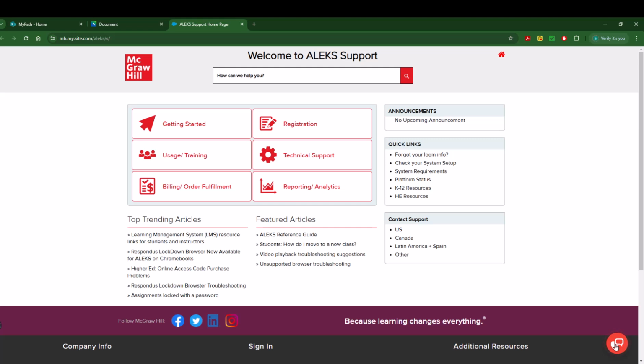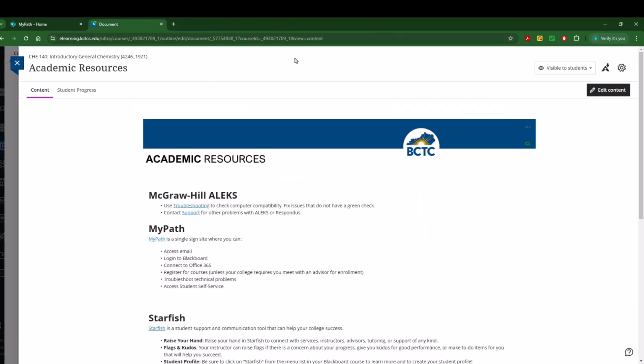I will tell you, most of the time it is something with your personal computer or your network, but you should contact ALEKS. They maybe can help you, and it also documents that you've tried this. If it is an ALEKS problem, they will definitely contact me and say, yeah, we've had a problem here. It's happened once in maybe two or three years. So it's under academic resources. It's also under